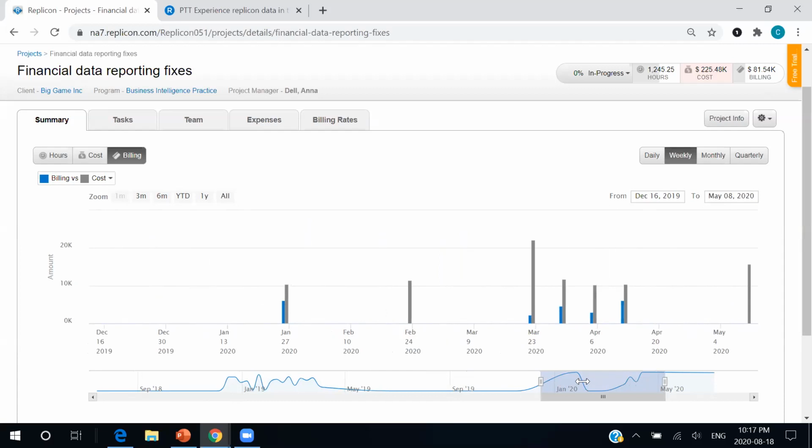So our costs were skyrocketing, we weren't billing so much. These are probably those instances where we are spending time on non-billable hours. Again, we'll be able to dig down a little bit further and understand this, but this is a good indicator that we need to start turning things around before they get too dire.